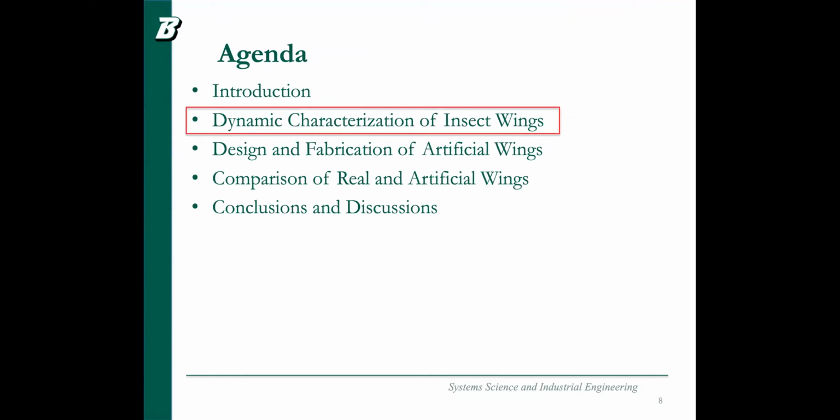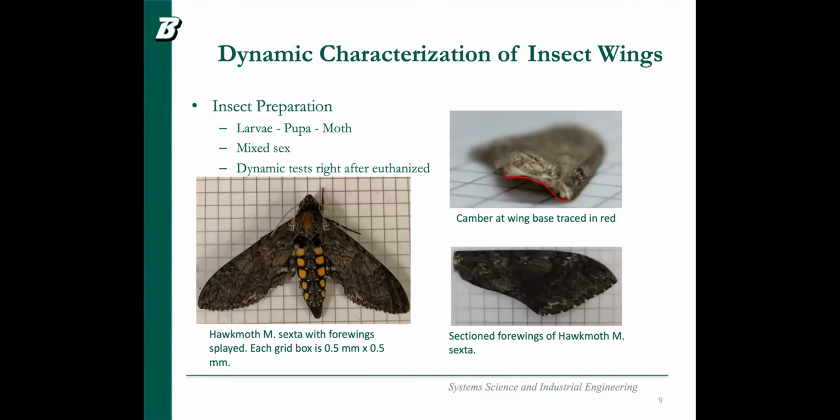So, in order to achieve our goal and objective, what do we do? The first step is dynamic characterization of the insect wings. For this, we select the hawkmoth wing. This kind of moth has a wing a few centimeters long and 1 or 2 centimeters in width. The left side picture shows